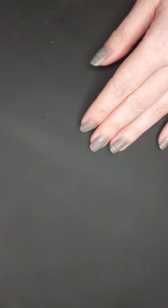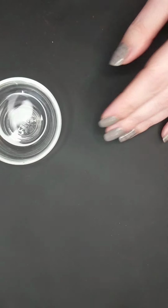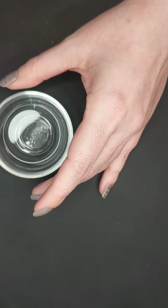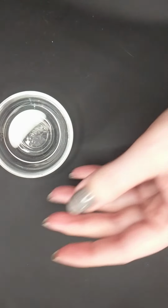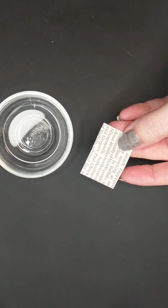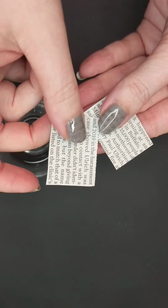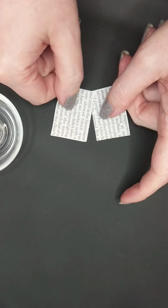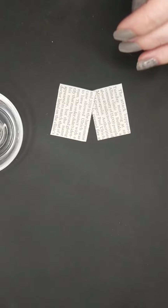So next thing that you do, I have this little dish here. I'm gonna put some of the alcohol in it. I have also cut some smaller pieces of the newspaper so that they fit over my nail. You don't have to cut them nice like this. I just did it for presentation purposes. So what you do next is